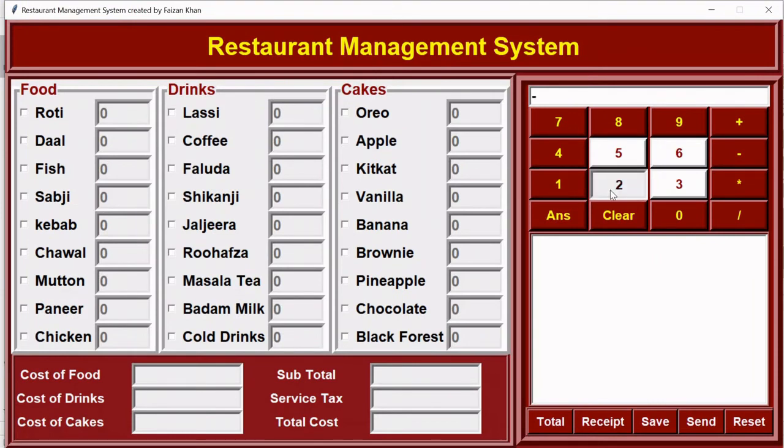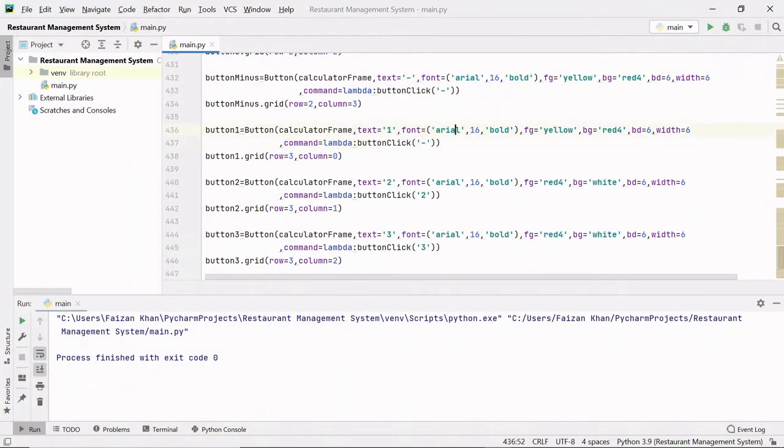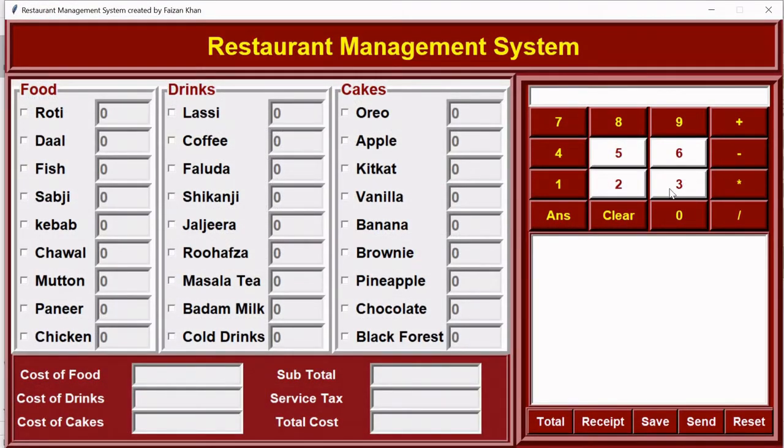If I want to do 12 into 3, here you can see when I'm pressing that one button, it is showing minus, right? So I made a mistake here. If you see, to this button 1, instead of 1 I passed this minus symbol, right? So here if I do this calculation, 32 into 3, if I click on this answer button, you can see we are getting the answer, right?